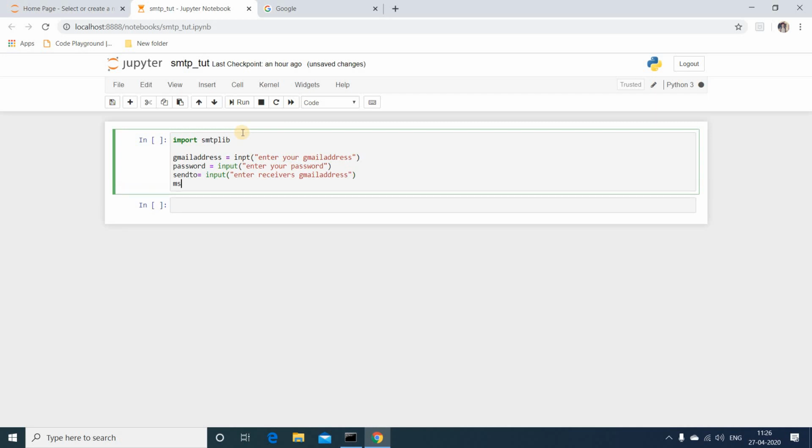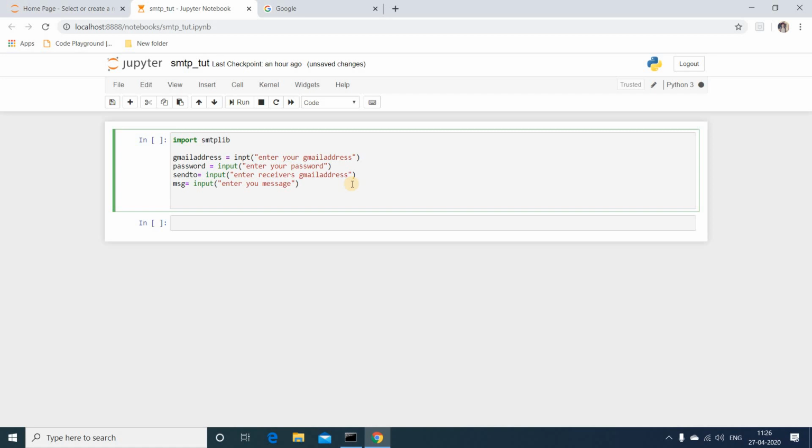Then finally the message equals input, enter your message. These 4 lines of code will ask you to enter the Gmail address, your password, your receiver's Gmail ID, and then the message.